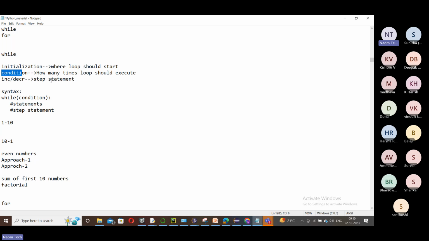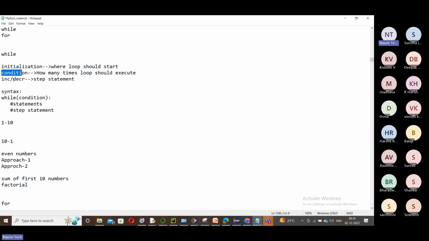This is a step statement; it increments or decrements the loop.